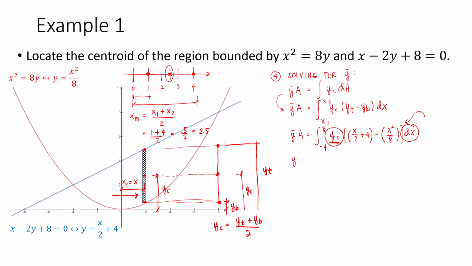So this translates into, from negative 4 to 8, y top plus y bottom over 2, and then times x over 2 plus 4 minus x squared over 8